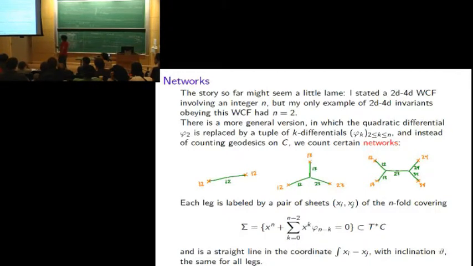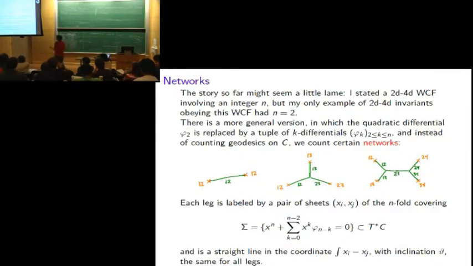And now we have different kinds of gadgets that can appear. We can have geodesics like before in a metric that's determined somehow by x1 and x2. Or we can have some more complicated things, some networks of trajectories where each of these things obeys a different differential equation. Well, one way of saying what equation it obeys is it's a straight line in the coordinate which is the integral of xi minus xj. Xi and xj are two locally defined solutions of this equation. So you look at straight lines. Here's a 1, 2 straight line. Here's a 1, 3 line. Here's a 2, 3 line. With fixed inclination, theta, and that theta has to be the same for all legs. Under that condition, you get, again, a finite set of these kind of objects.